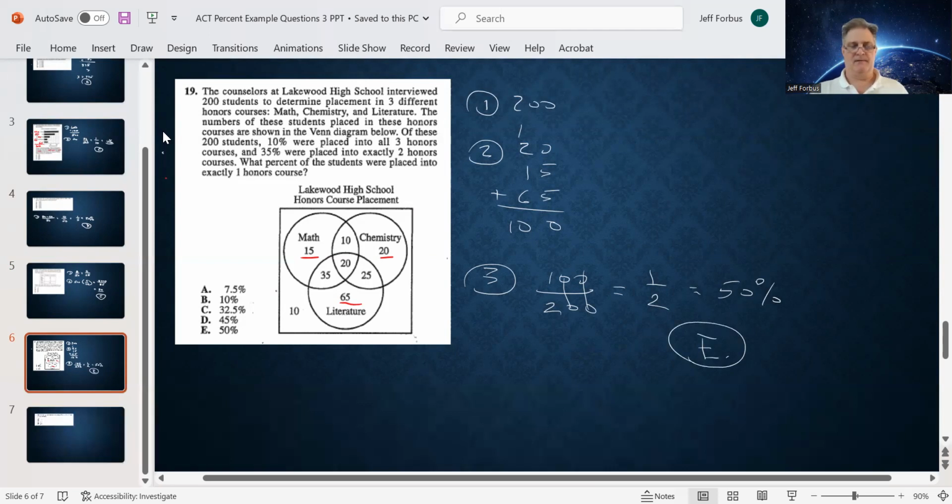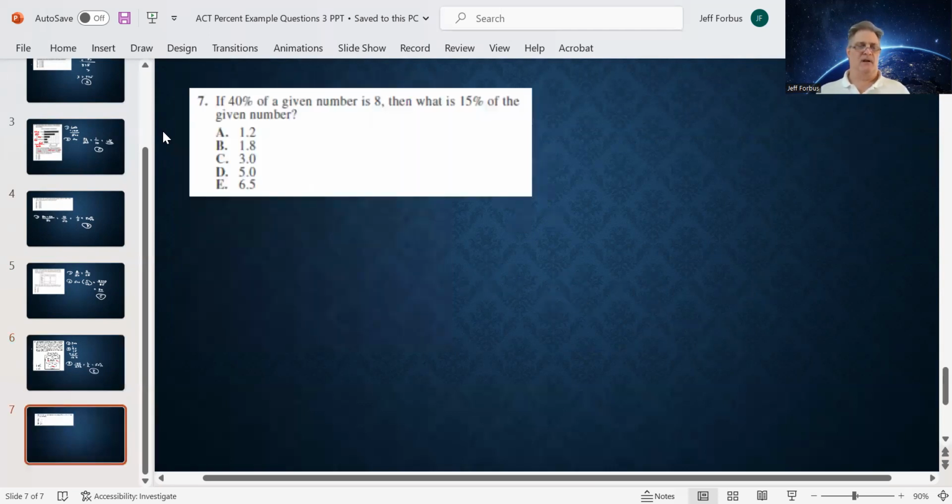All right. Last one. The ACT really prefers this type of percentage question. You see this a lot on the exam. So if